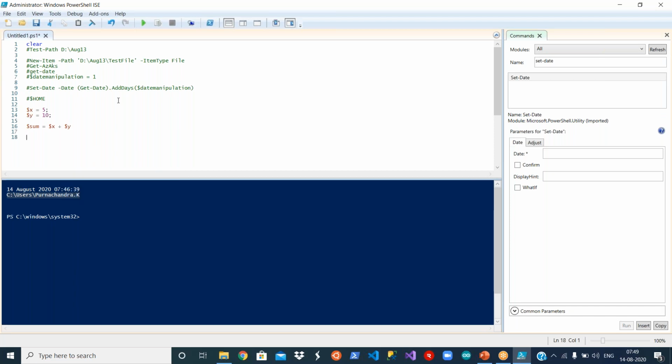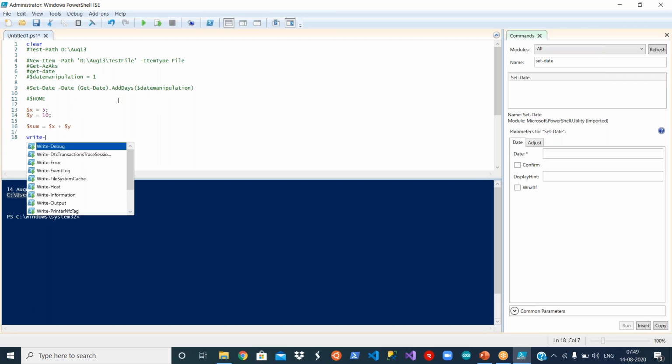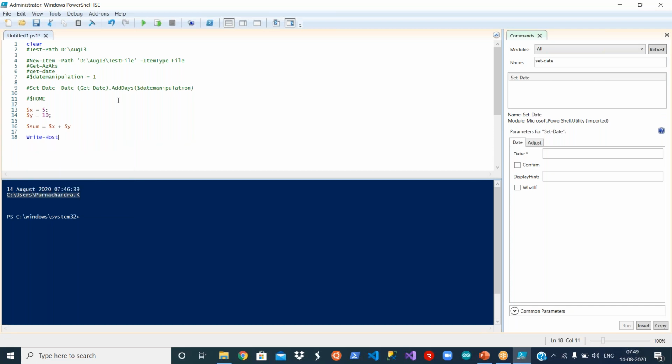$y, right? Now I can simply say there is a command to write it to the window as well. Okay, I can use Write-Host, I can simply say $sum. If I execute it, you can see 15. So similarly, if you remove this space, see, still it works. Okay, you can see the output, but this is not readable. So always follow the best practices.